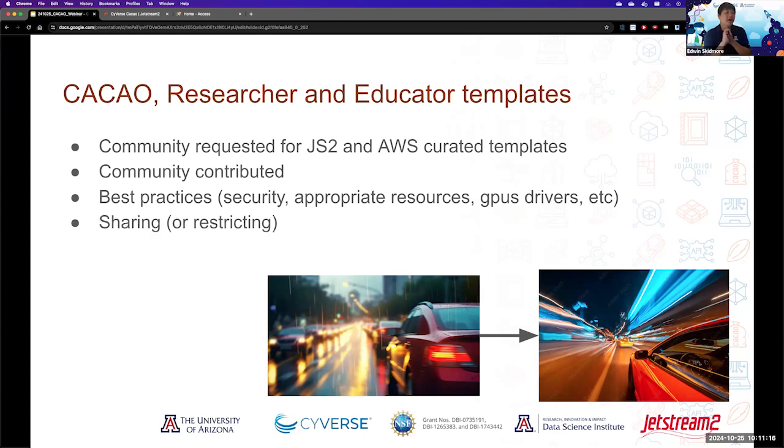They also are shareable. So in CACAO, all templates are assumed to be in GitHub. They could be in a private Git repo or a public one. And so you can share them in that way. But you could also share them within CACAO and say, you know what, I've imported this template from a Git repo that could be private, but now I want to share it with individual users who may be using CACAO as well. Go ahead, next.